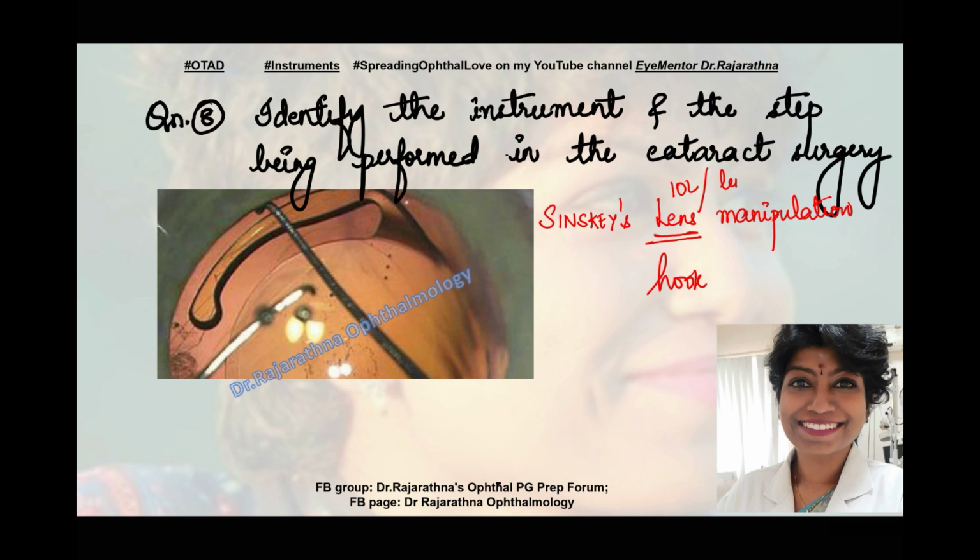Now what is Sinskey's role in cataract surgery? One is when you are taking out the nucleus, when you're removing the cataractous lens. During that time you rotate the nucleus from the capsular bag into the AC. For that, Sinskey's helps you catch hold of the equator of the lens and just bring it out. Or